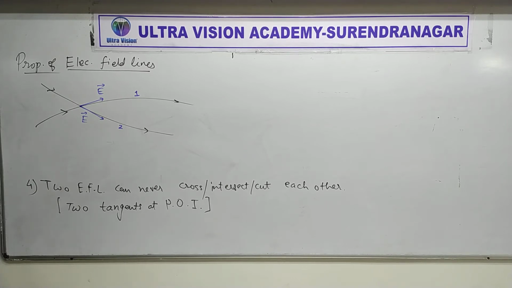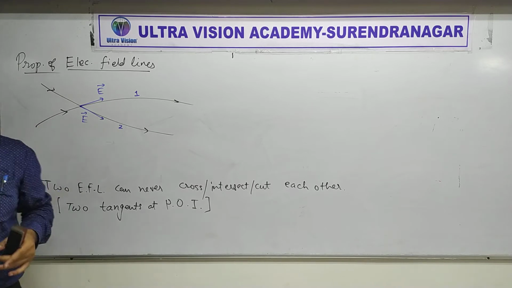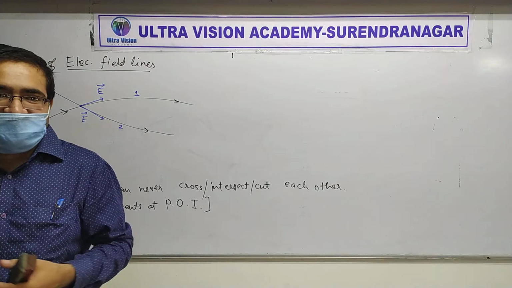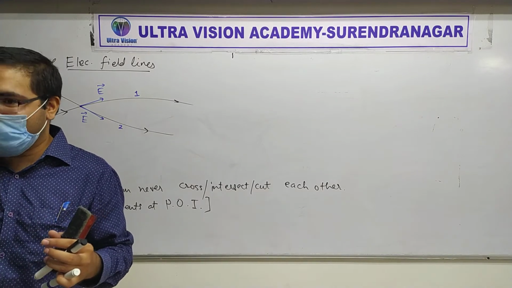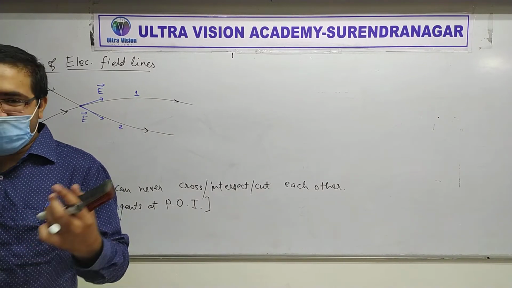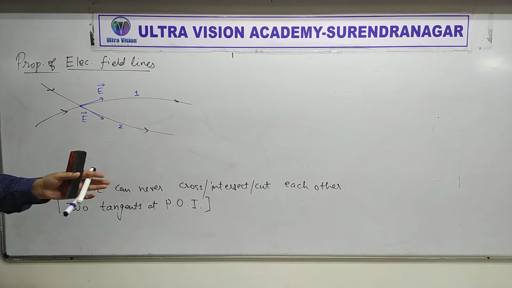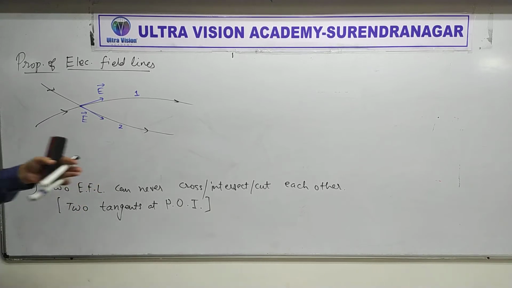But like I said, the electric field at one point can only be in one direction. One vector can be in how many directions? A vector has a unique direction, isn't it? When we say velocity, then velocity will have a particular direction. If you say it has two directions, then they are nothing but components. Then you can combine them and make it only one.